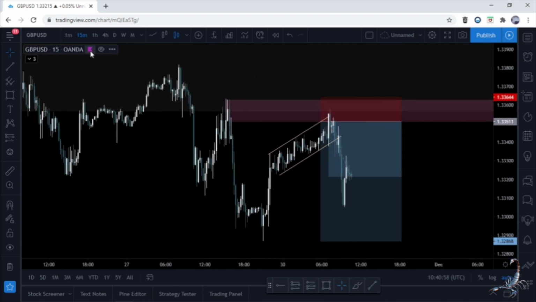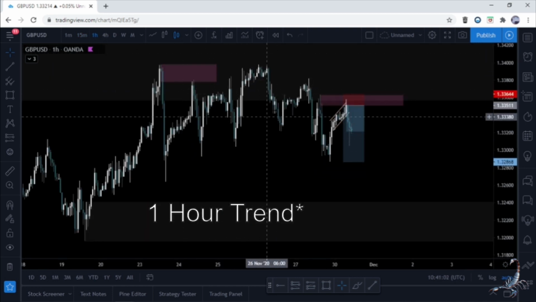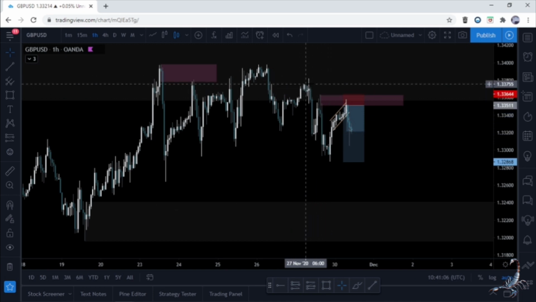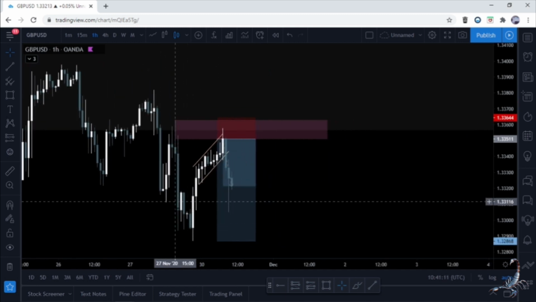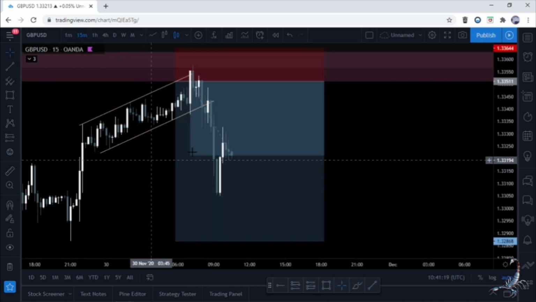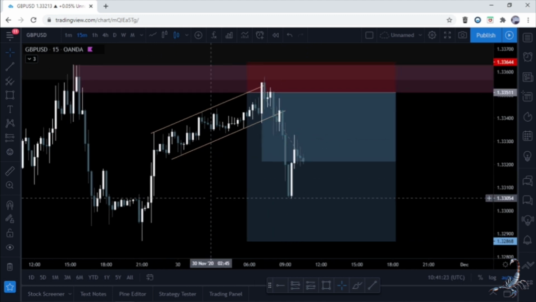Identified this order block after identifying the 1-hour trend. So you can see the trend was up, we broke the structure here, we retraced this 1-hour order block, we pushed down, we broke structure again over at this level, and then we retraced this 1-hour order block, but this was too big and there were these large wicks. So into the 15-minute time frame, I identified the 15-minute order block and I placed my entry on that as I saw this